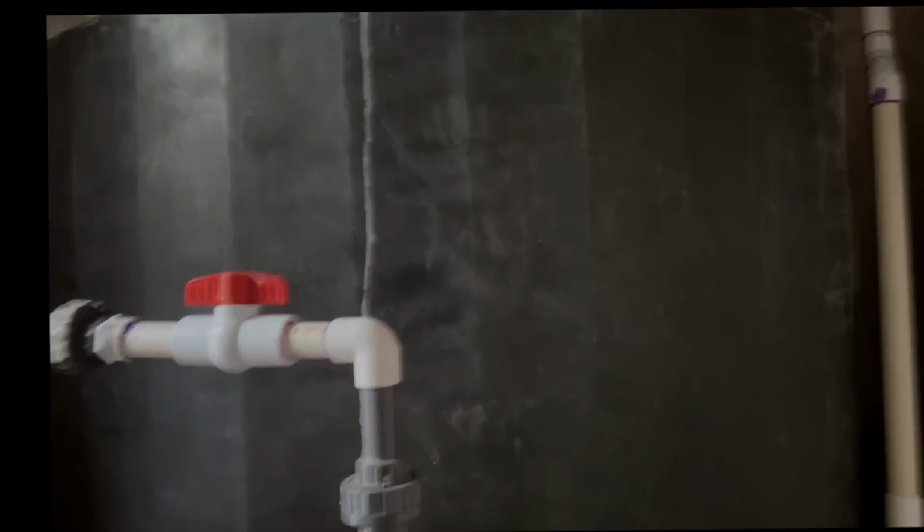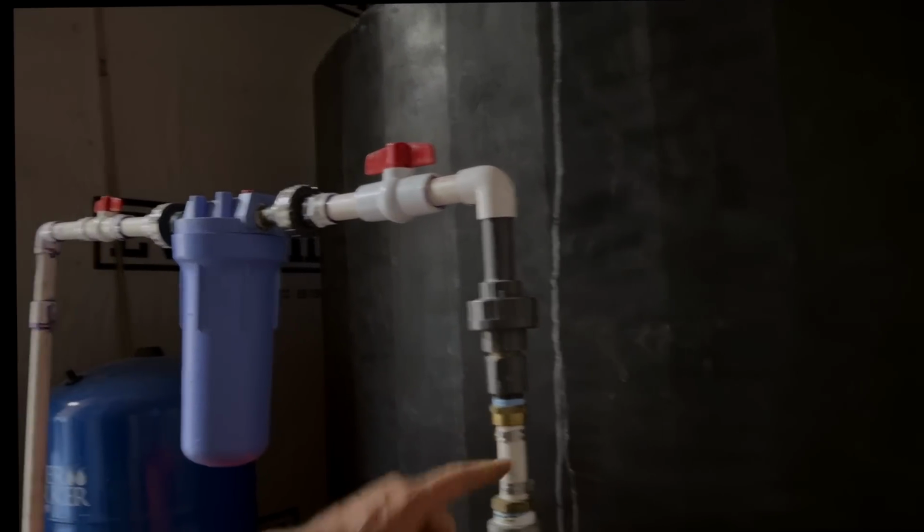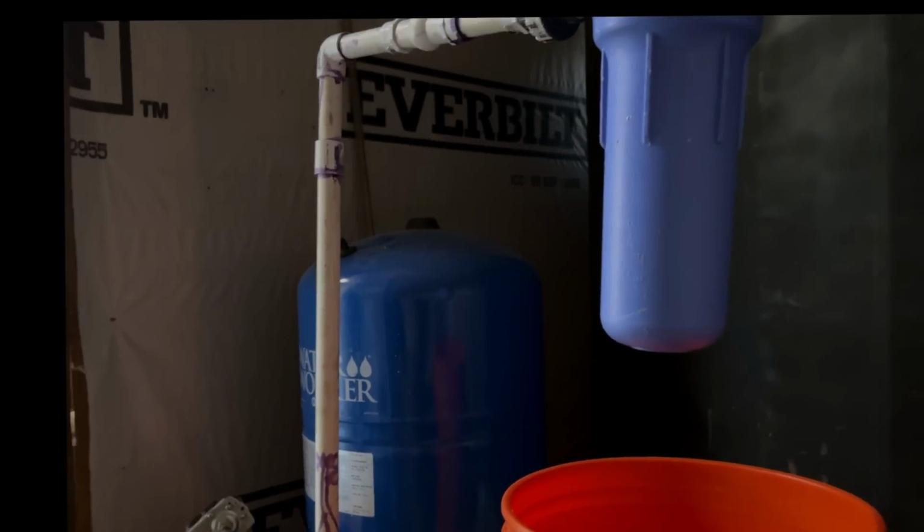Okay, so what you probably can't see very well, this white pipe is where the water comes in and then goes in, and you can probably hear it going into the bigger tank. This is the pump that creates the pressure in the line. Obviously a filter there, just like you would have with a well, and then the water is dispersed throughout the cabin through that guide. So I'm going to go back out there and babysit that pump that seems to need a little extra attention today, and get some fresh water. I always save some in the end to put in a cup because it is cold, beautiful